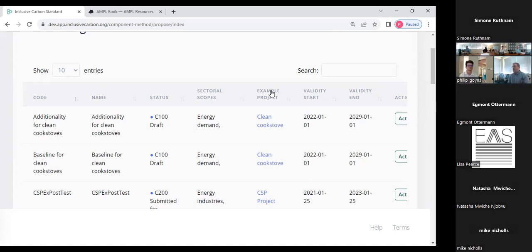And for us, this is an essential bit because many of the things with the other standards, with the development of the component methodologies, is you don't know whether it actually gets to a valuable or usable result until you've actually started your project and you're using it. So here an example project is essential,